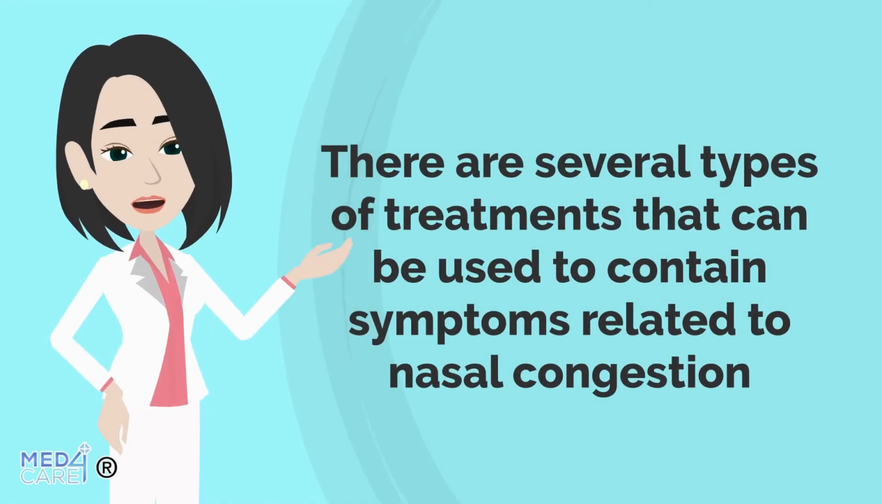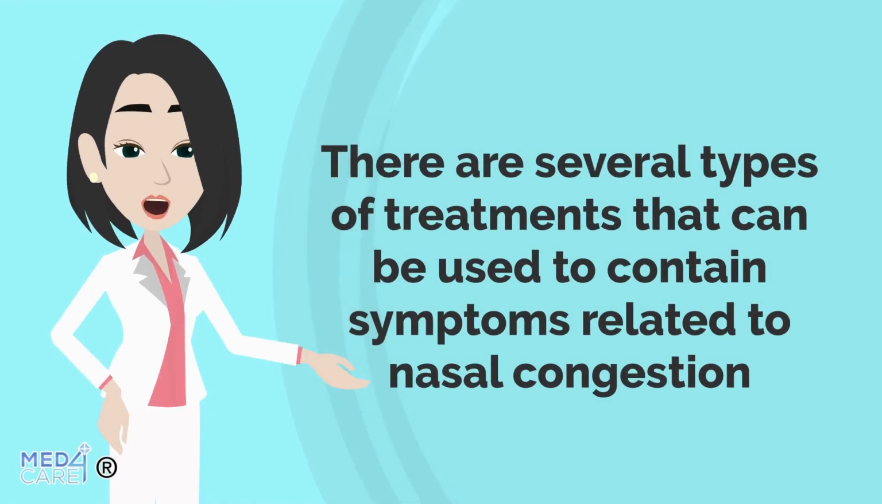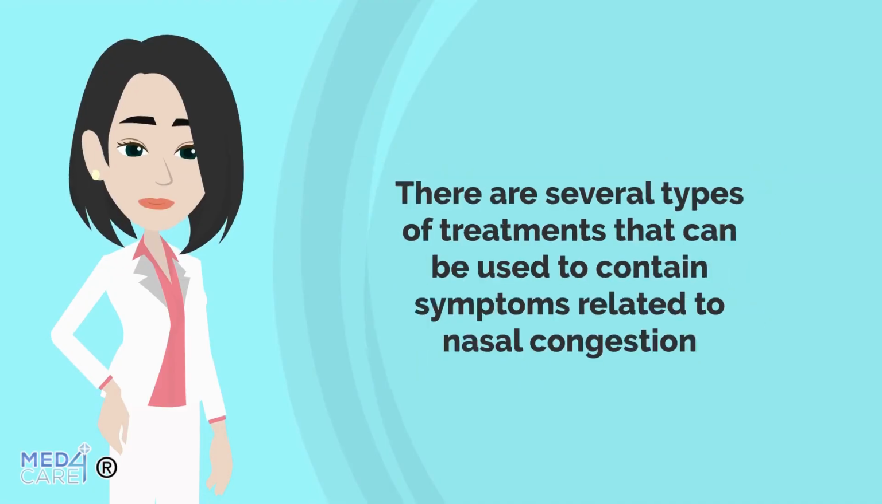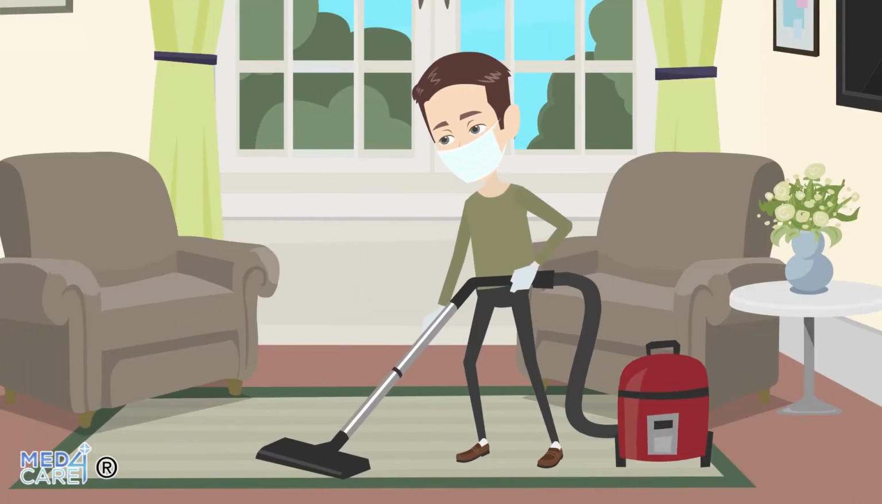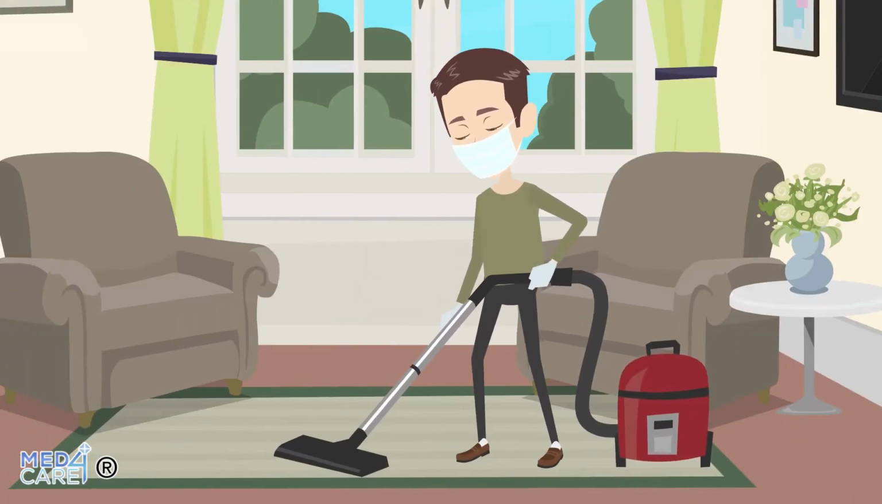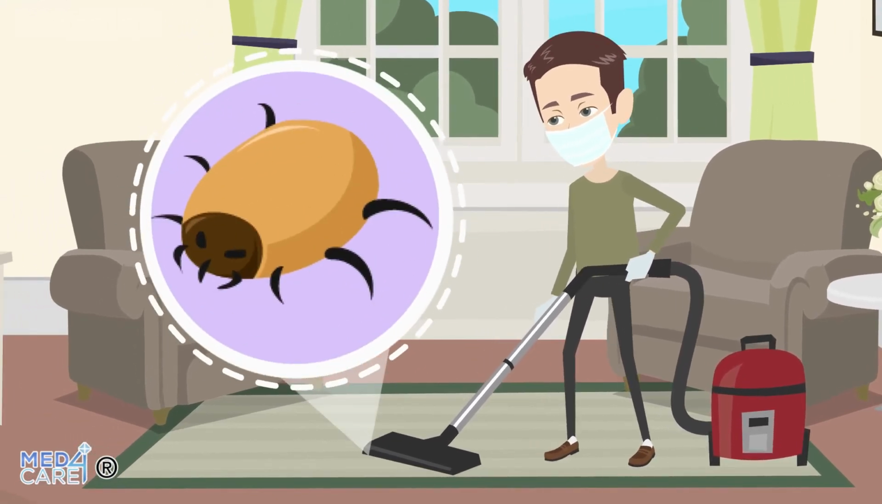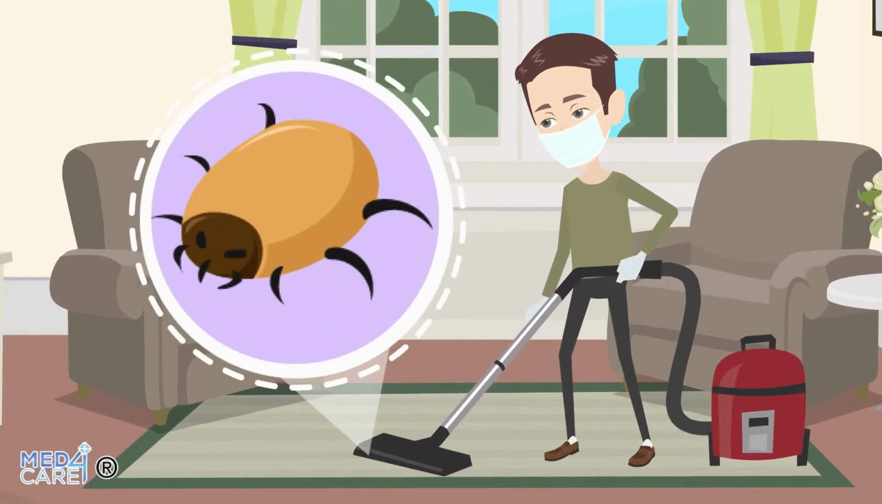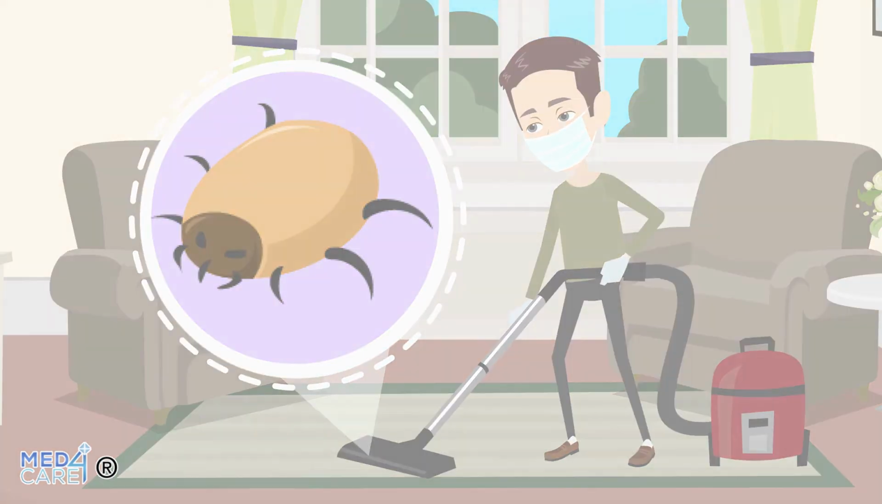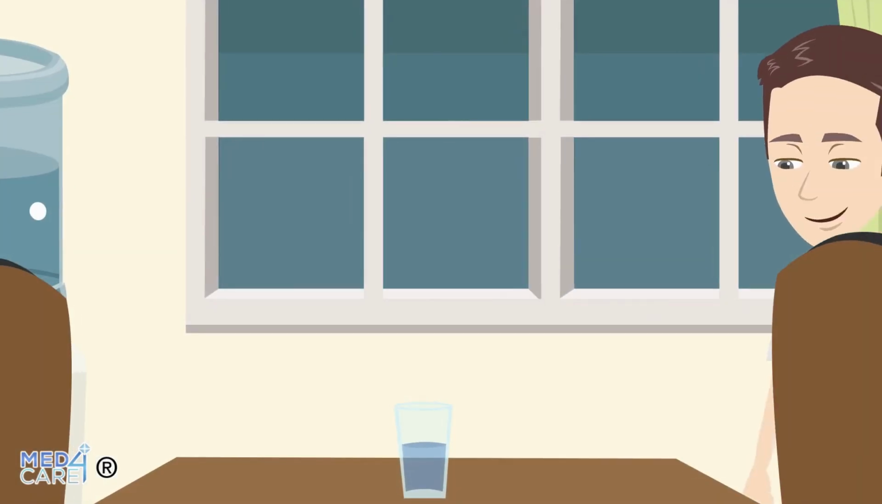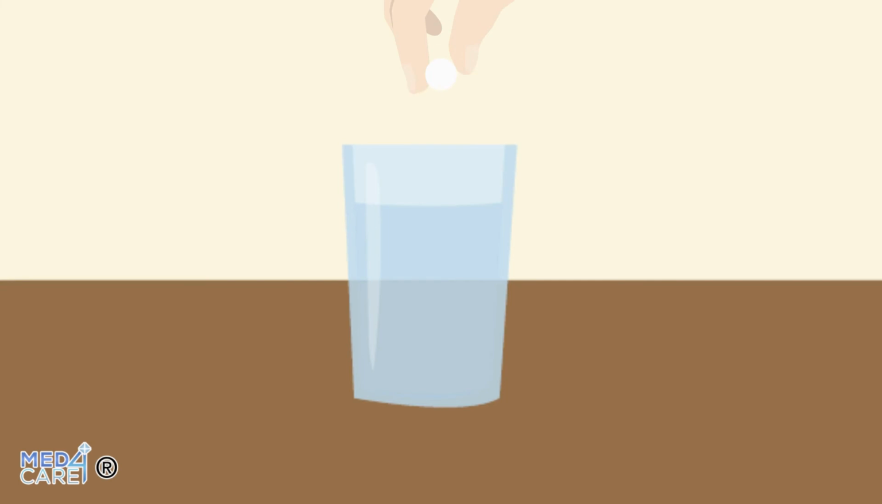There are several types of treatments that can be used to contain symptoms related to nasal congestion. The first strategy is a preventive treatment that is based on avoiding environmental exposure to allergens or to the feces of mites present in the home, as well as to dog and cat hair for those who are allergic to them. There is also a drug treatment strategy that involves minimizing the effects of inflammation that characterizes nasal congestion, first